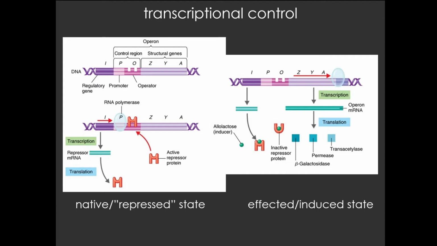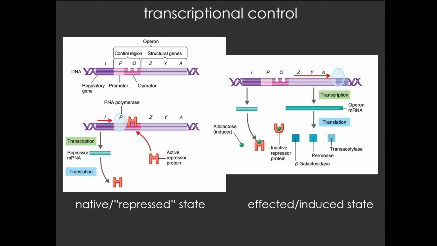the Z, Y, and A genes, which are then translated into 3 enzymes which are used to catabolize lactose. You can see them at the bottom left: beta-galactosidase, permease, and transacetylase, all of which are used to break lactose down and make it available for that central catabolic ATP generating set of reactions, glycolysis, the Krebs cycle, and the